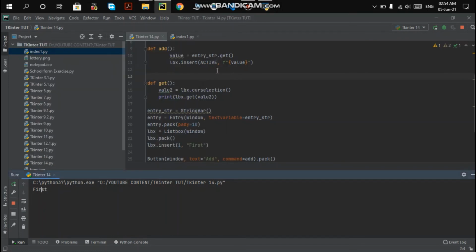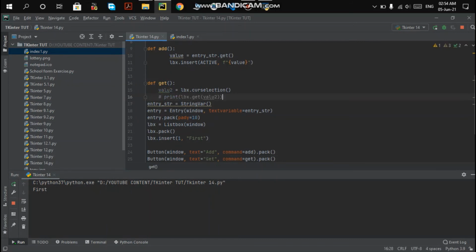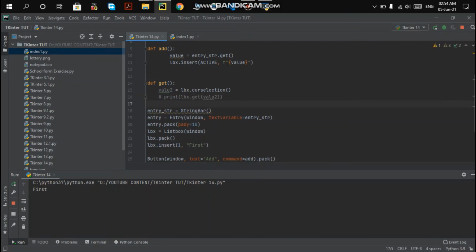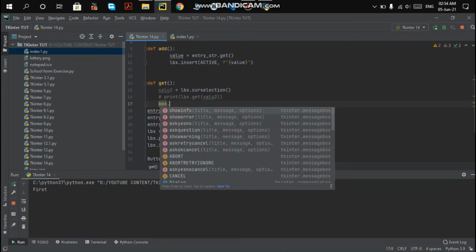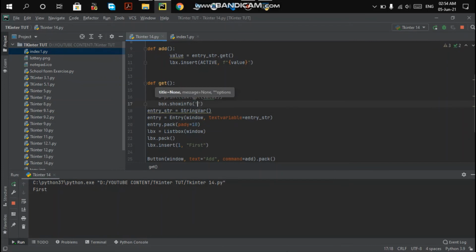Similarly you can print these values in your message box. So to print this value, I'm going to use the messagebox dot showinfo method, and the first one is title. So the title will be your selection, and the value we are going to give next is lbx dot get.